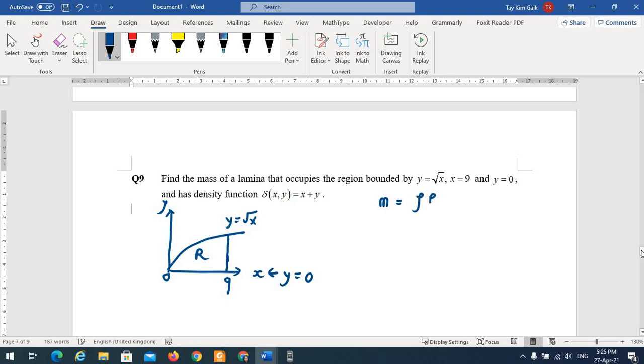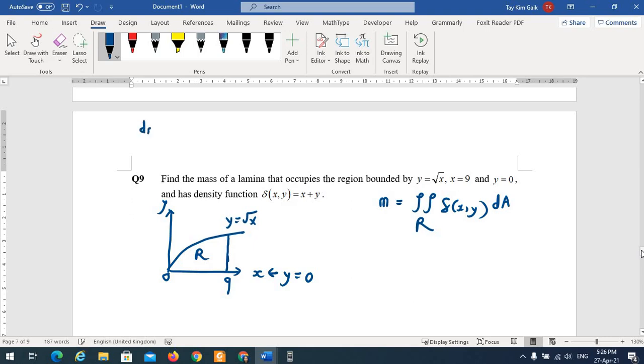The mass of the lamina is m equals the double integral of the density, delta(x, y) dA, over region R. Because a lamina is a thin sheet, the lamina in this case is shaded by this region R. It's very thin, it doesn't have height, only area. And you learned last time, I think in secondary school physics,